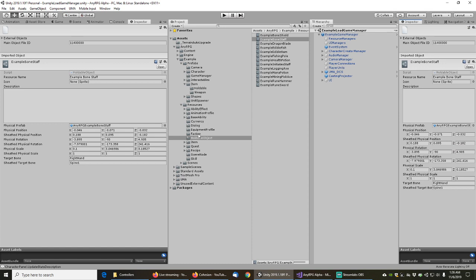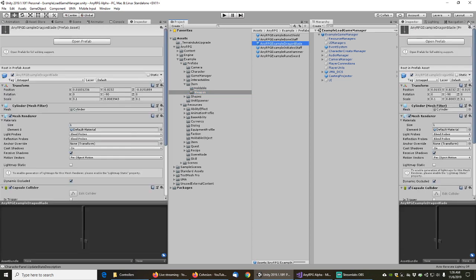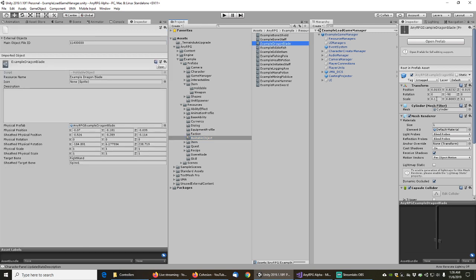unlock the inspector, go down to the next one, dragon blade, lock the inspector, look at the holdable object. For the example dragon blade, bring over the scale values. Set the rotation. Okay, and then